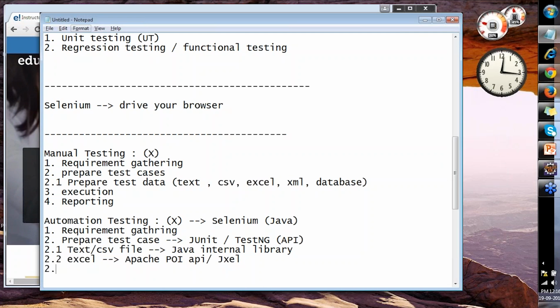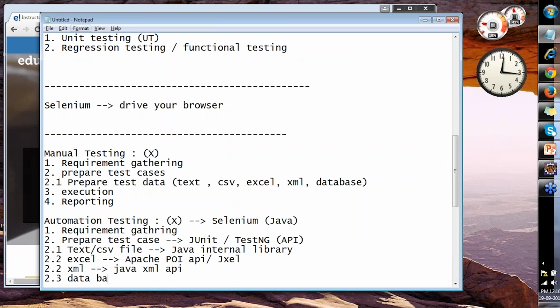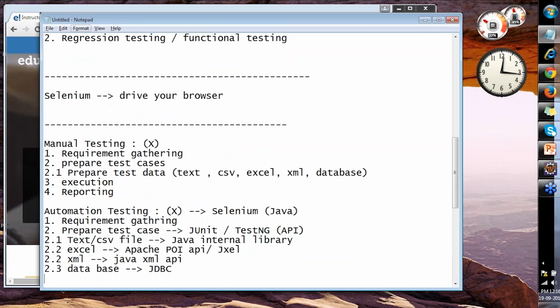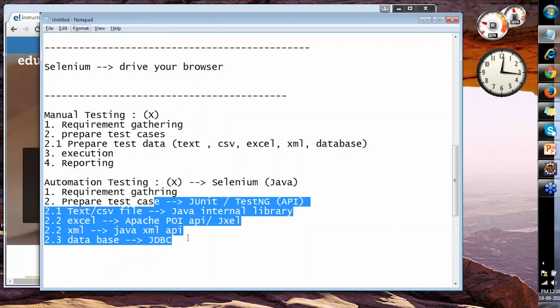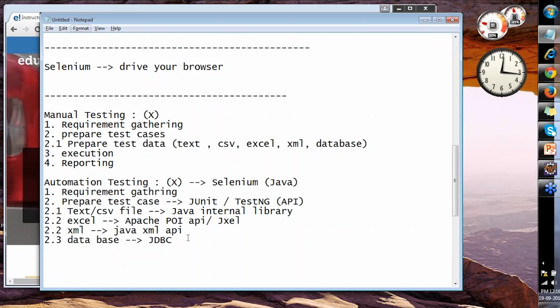If you want to prepare your test data from XML, you have the Java XML API. If you want to prepare your test data from a database, you have JDBC, right? These different APIs are combined with JUnit to create the test data,